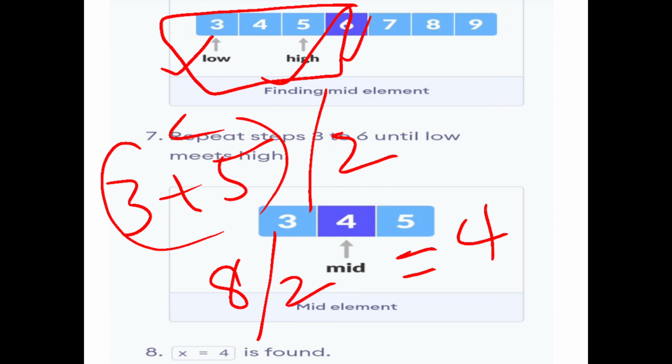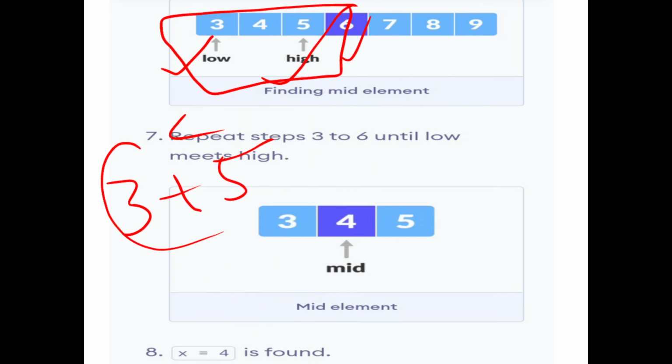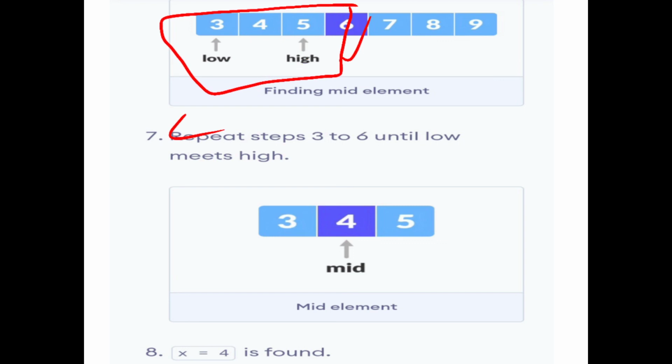Then check the condition: 4 is exactly equal to 4. So the first condition is satisfied, so we return the element's position. So the function is over. Here x equal to 4 is found, because x is exactly equal to the mid value. So this is the divide and conquer technique.